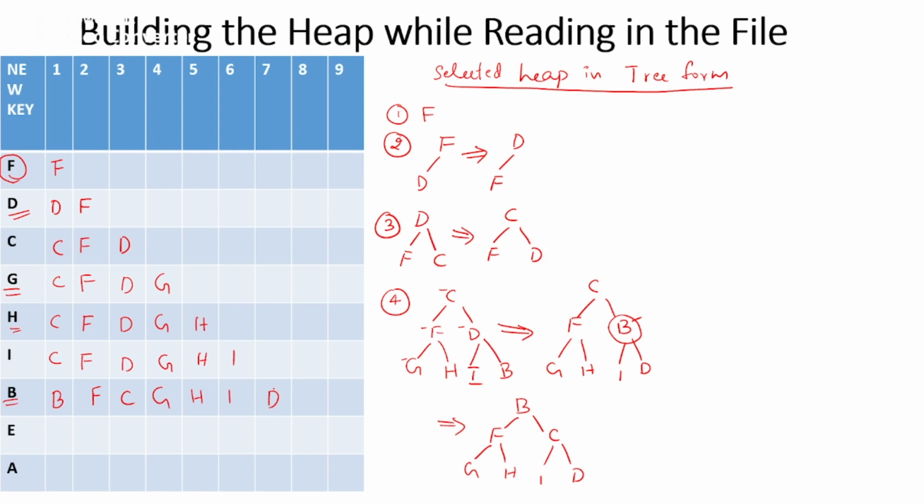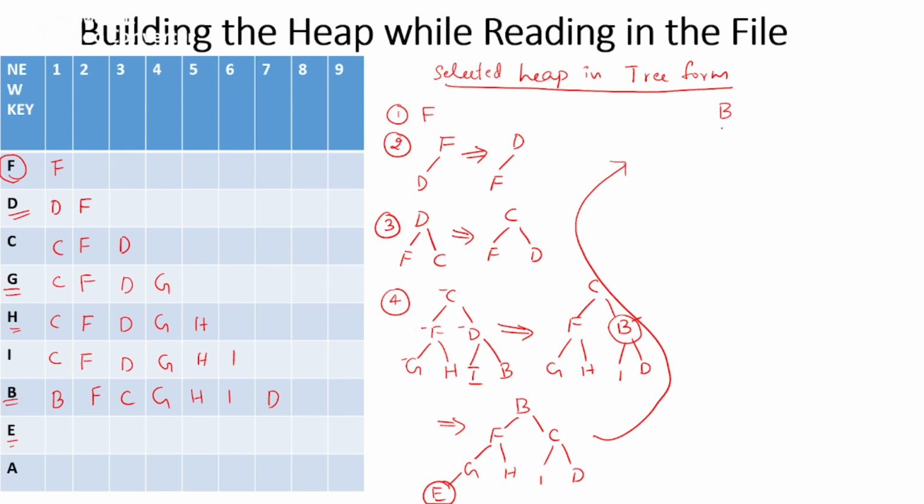Okay. Now once again go for the next element, that is E. I will write it over here. So when I include E to my tree structure, what will happen? So here I need to include it, right? I need to include it over here. So when I include it over here, E is less than G, right? When E is less than G, you need to swap it. Okay, so you need to swap it.